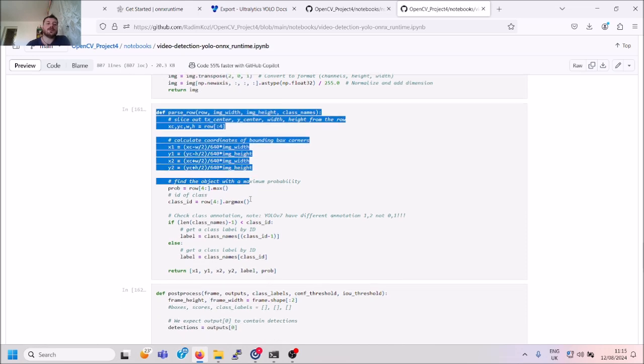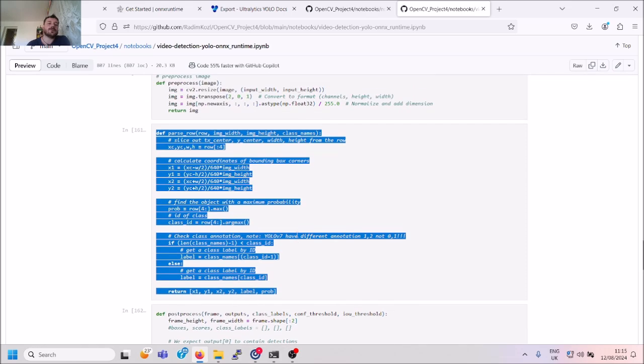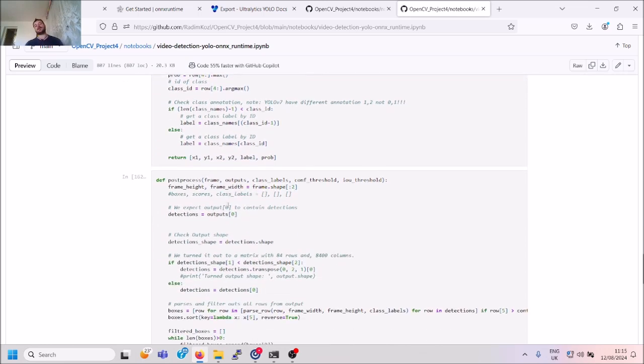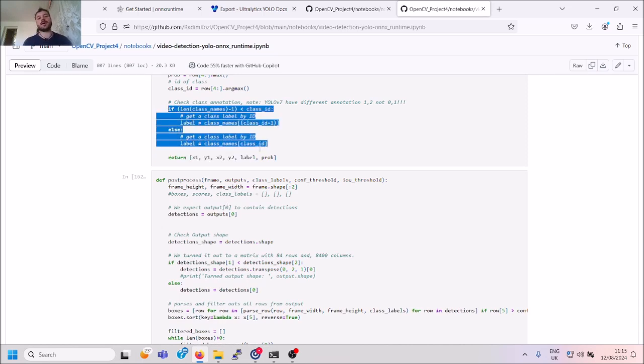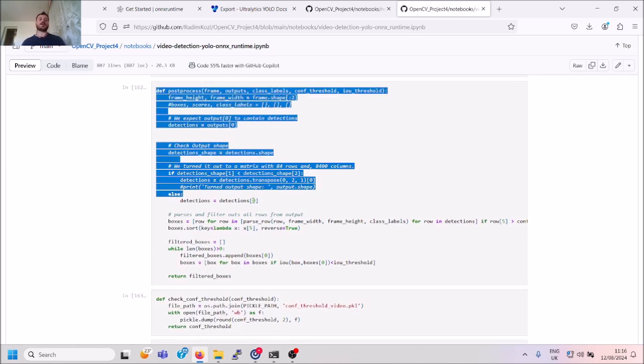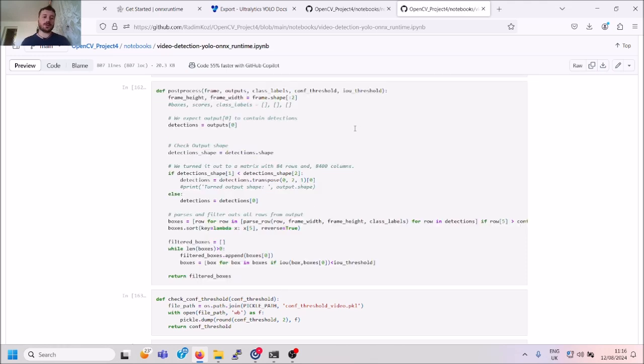Then we create some function for parsing rows. We again work with the scaled images because it's necessary. There is still checking of class name. This problem will still be checked. There's the postprocess function which helps us